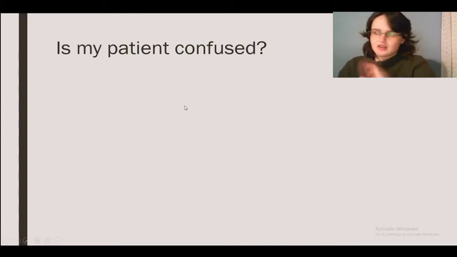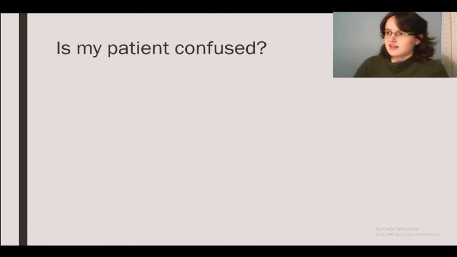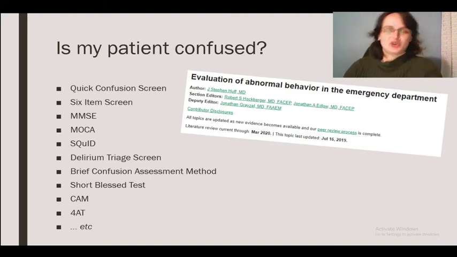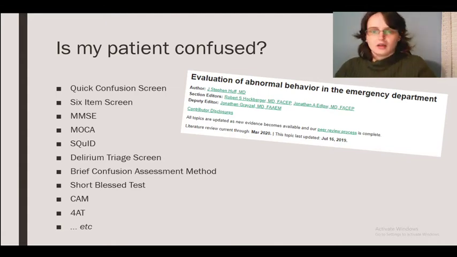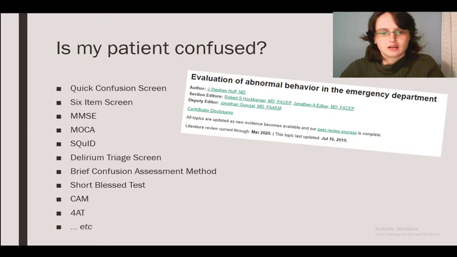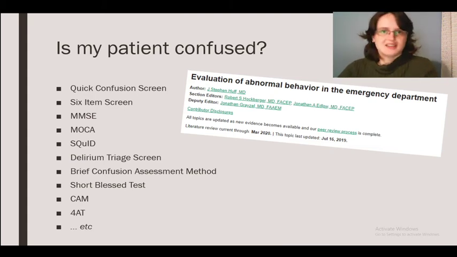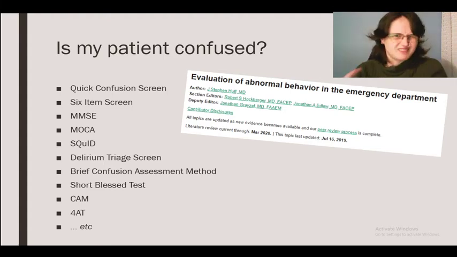But if you say, okay, we've got a patient who's got some of this stuff going on, how do you know if they're actually confused or if they just haven't had their morning coffee? So there are so many ways that we can screen for confusion and conduct a formalized assessment of confusion. I've taken most of these from this UpToDate article and then a bunch from BB and other notes that I found on my hard drive. So the quick confusion screen, you can just smash it out in the ED. It's the basics, like, what year is it, what month is it, what's the time, within an hour. Remember this phrase, count backwards, say the months backwards, just that usual stuff.